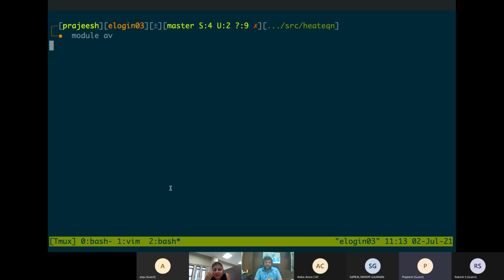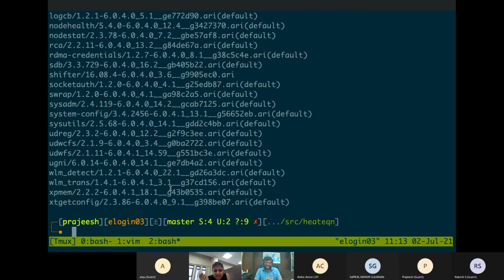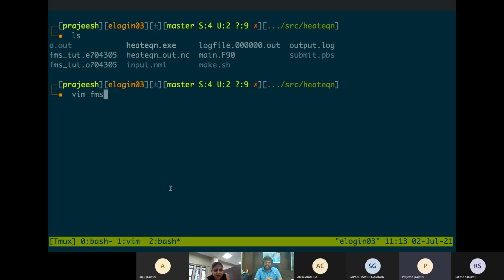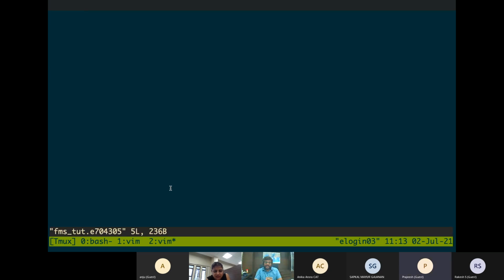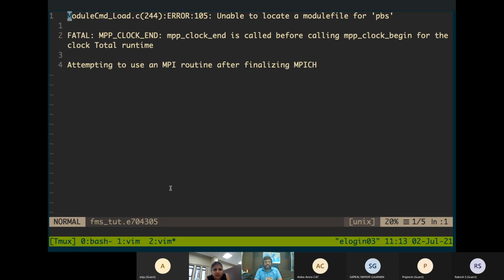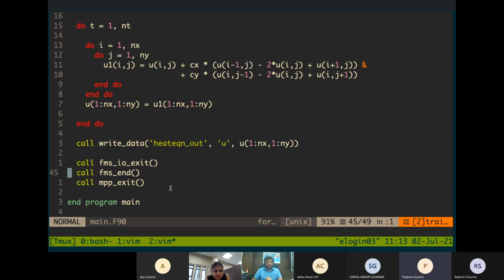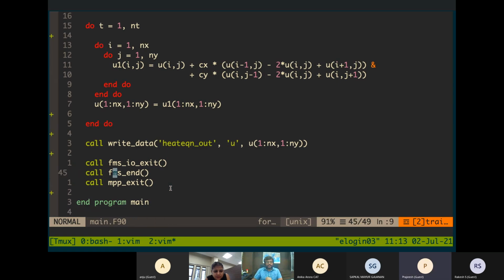I would like to see the .e file if it has anything. There is a fmscute.o and then .e. E is the error file. So it gave some error: MPP clock end is called before. I don't know, it should not come actually. Maybe I called FMS and IO exit both.